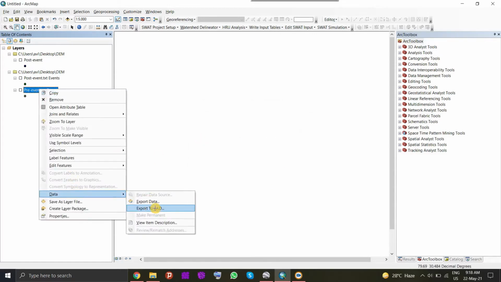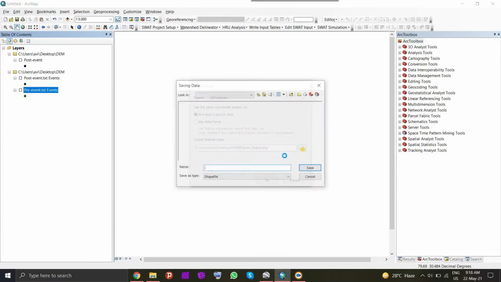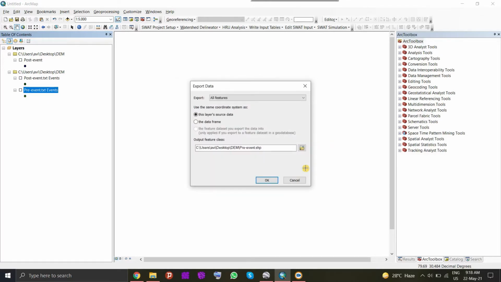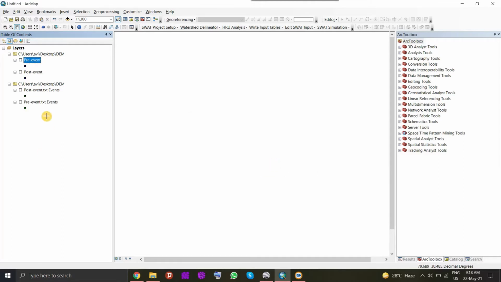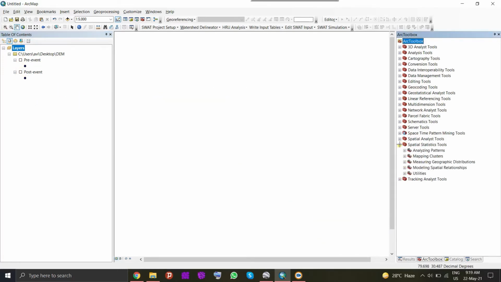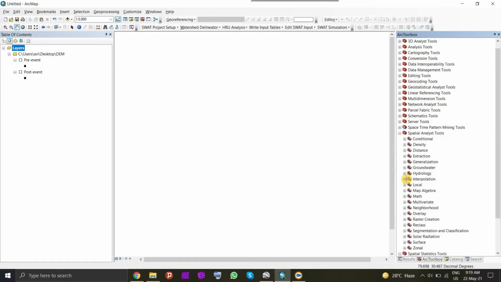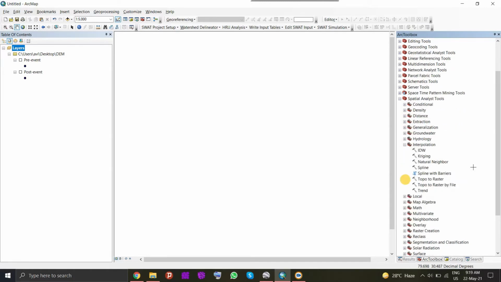Once you are done with this, now we have individual points, but we don't have the variation or a continuous profile yet. It is a shapefile, not a raster file. To convert this shapefile to a raster file, we will do spatial interpolation between the elevation values of corresponding x and y coordinates. So we'll go to spatial analysis tools, go to interpolation, and we can select different methods